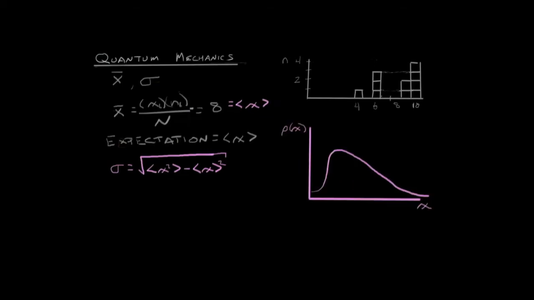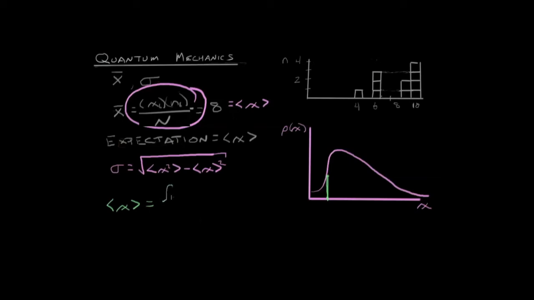So what I've done is I've drawn out some curve, rho of x, that tells you the distribution of scores of x. And we're basically going to follow the same format as we had up here. In green, if we wanted to know the expectation value of x, we would take a look at the score. We'll say this score times n, the number of students, which in this case is going to be the value of rho of x, divided by the total area under the curve, which relates to n, or the total number of students.